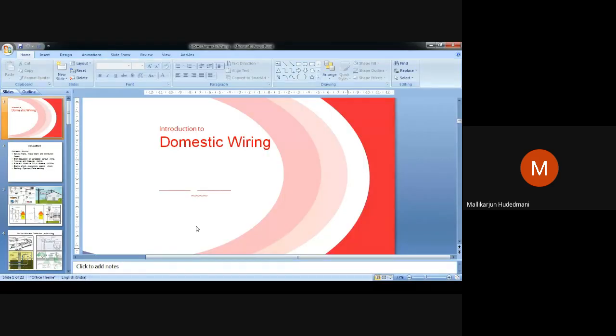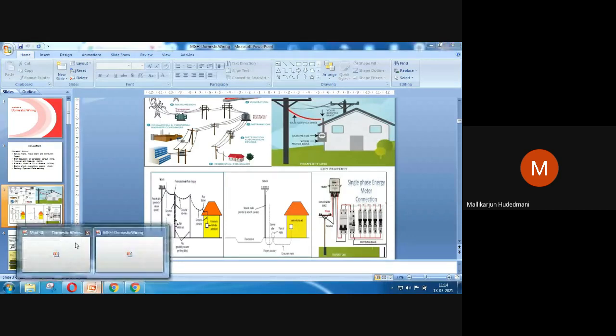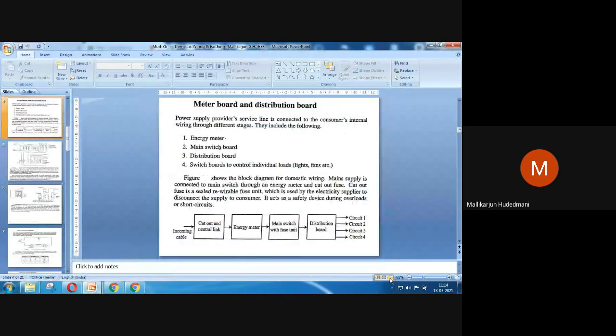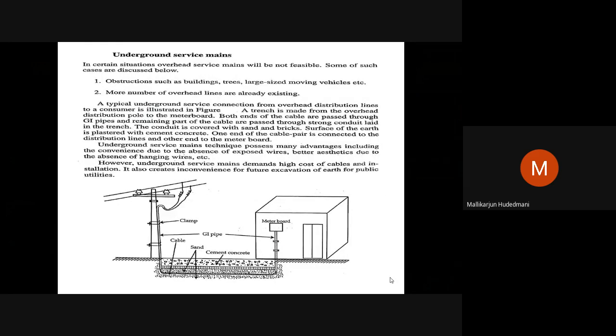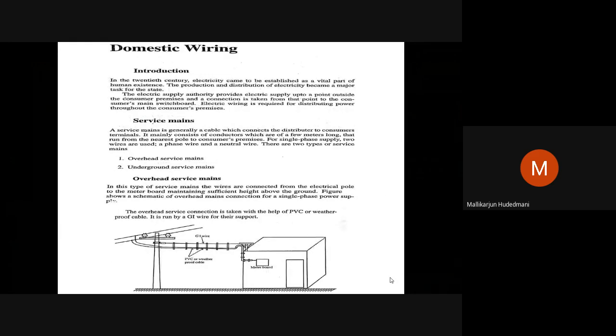Let us take service mains. What is the service mains again? The service mains is just like this. You can just see, correct? Now I have brought a very close view to you. Domestic wiring is providing electrical connections, wiring, and proper switchgear to operate and make the equipment function appropriately. That is the main definition of domestic wiring.